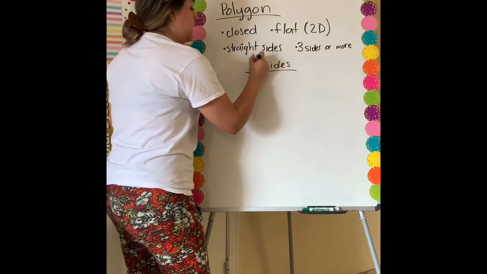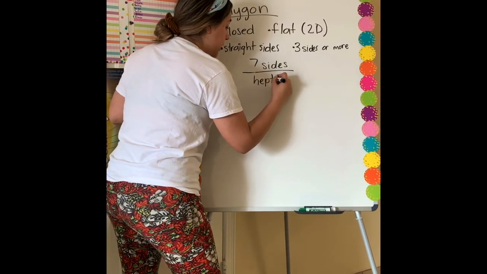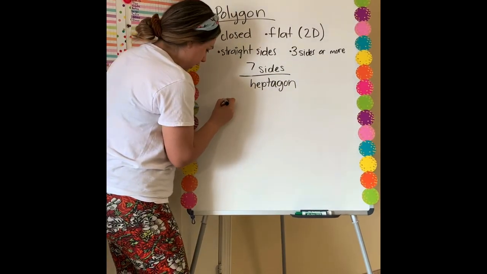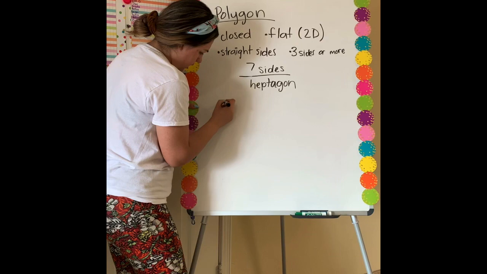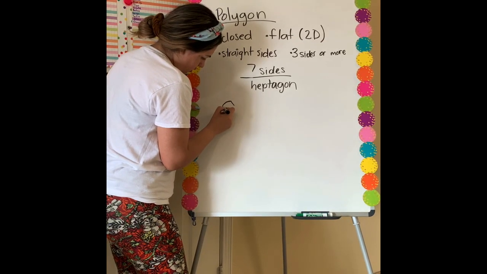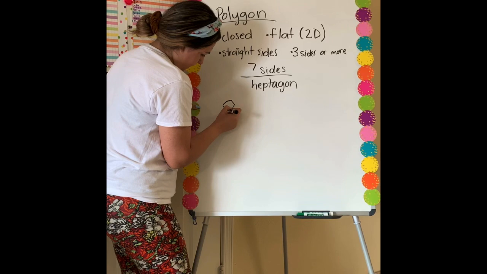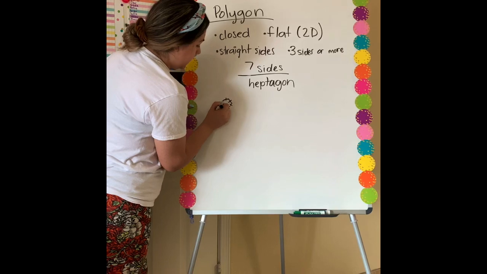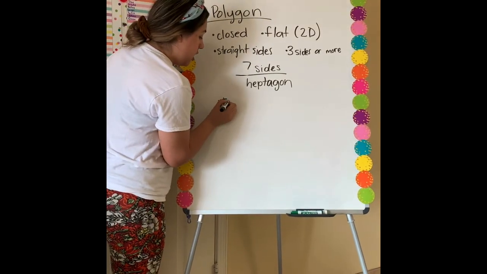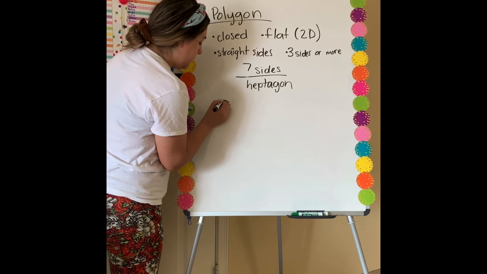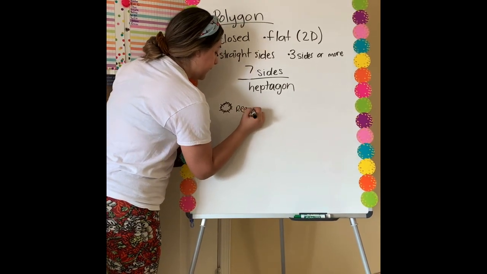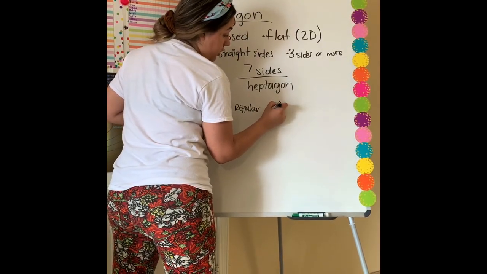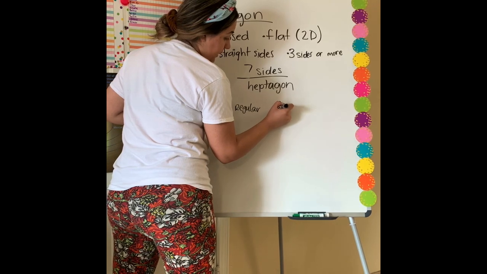Okay? The next one is 7 sides, and that is called a heptagon. I don't know. 1, 2, 3, 4, 5, 6, 7. Something like that. All the sides are equal. All the angles are equal. So it's regular. Okay? Now if you have something funky, like 1, 2, 3, 4, 5, 6, 7, I don't